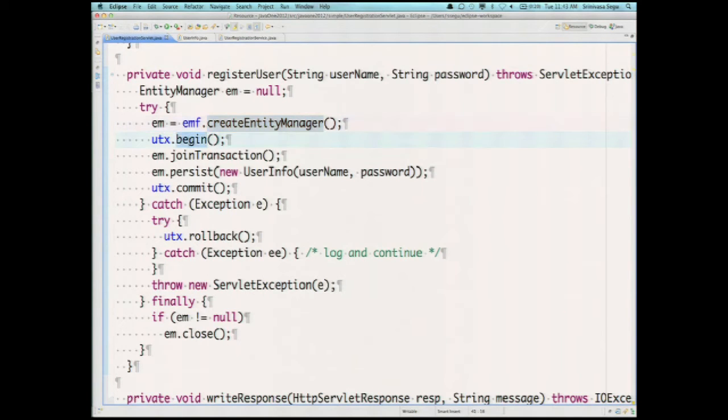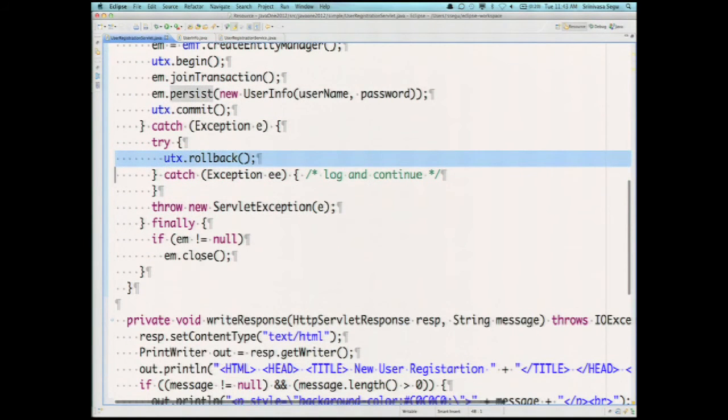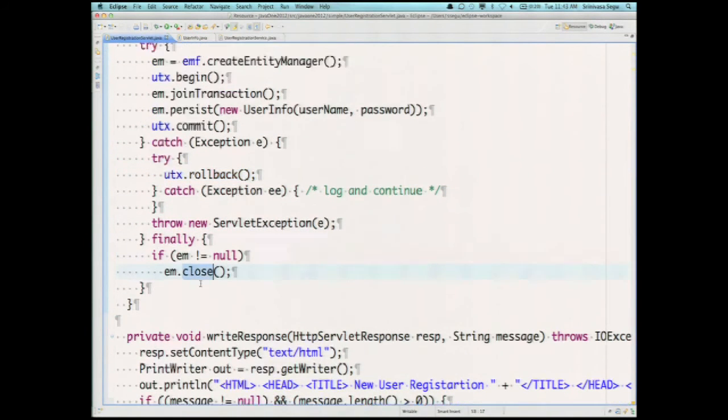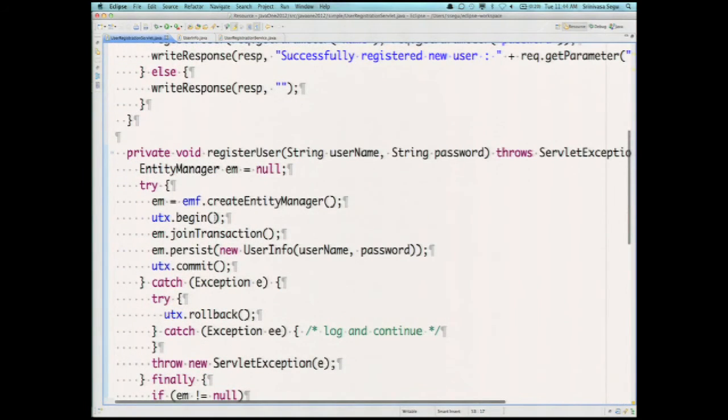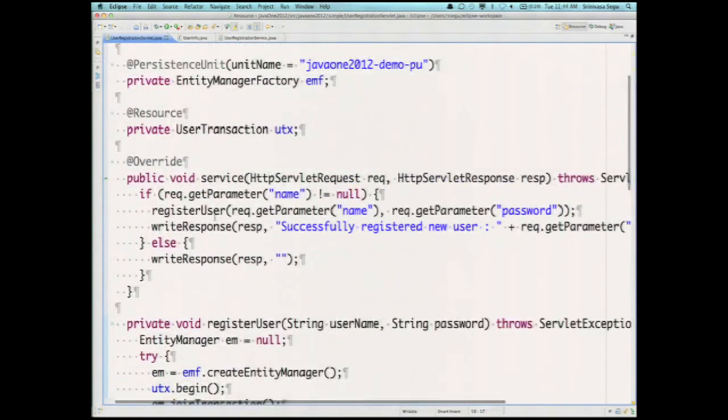The register user method, as you can see, creates an entity manager out of your entity manager factory. Then it begins the user transaction, makes the entity manager join the user transaction that was begun, and then calls persist on it and commits the user transaction. For failure cases, it does a rollback and it closes the entity manager. So there's a lot of work happening here just to be able to persist the entity. Now, if you want to switch this over